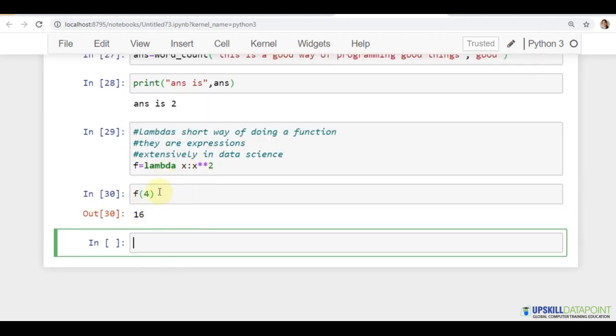You can also have 2 or 3 values inside the expression. Say I have lambda x, y and z, and I want to multiply x, y and z, and say I'm storing the result inside f1.